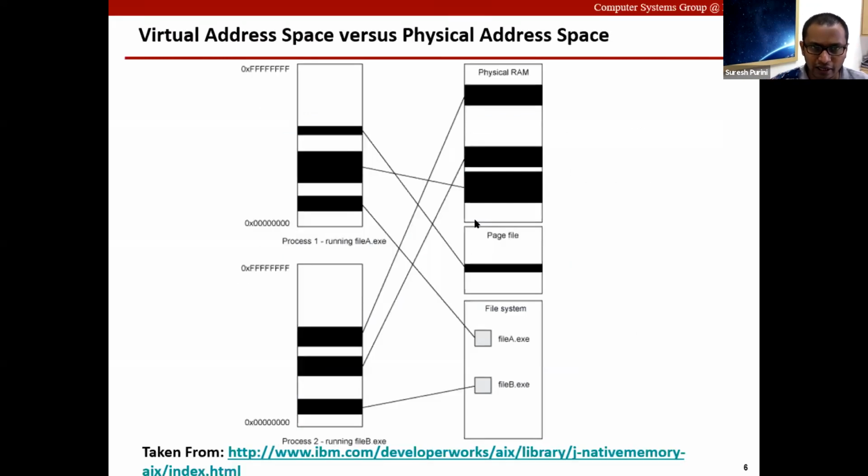Let's say hypothetically speaking, this is your shared library segment for process 1, and this is the shared library segment for process 2.